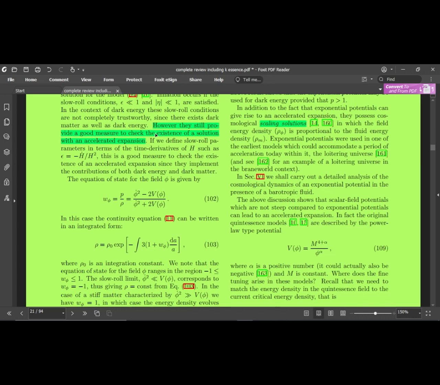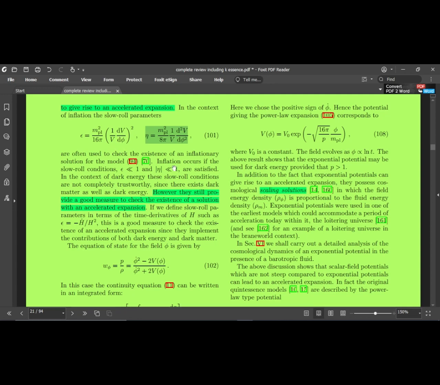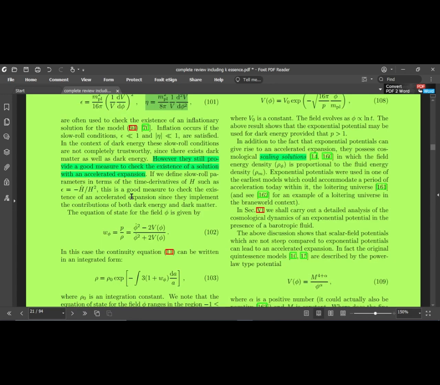Now, we have already seen that this slow roll parameter epsilon, we can also define with respect to geometry, how the geometry should play out, because there is a field, and a field means a matter component. If the matter is changing dynamically, it will change the space-time also. So the space-time must not change very dramatically. If it changes very dramatically, then again the universe shape would be different. So if the field is not changing its potential shape, it also doesn't change the shape of the metric. Therefore we can define epsilon equal to minus H dot over H squared.